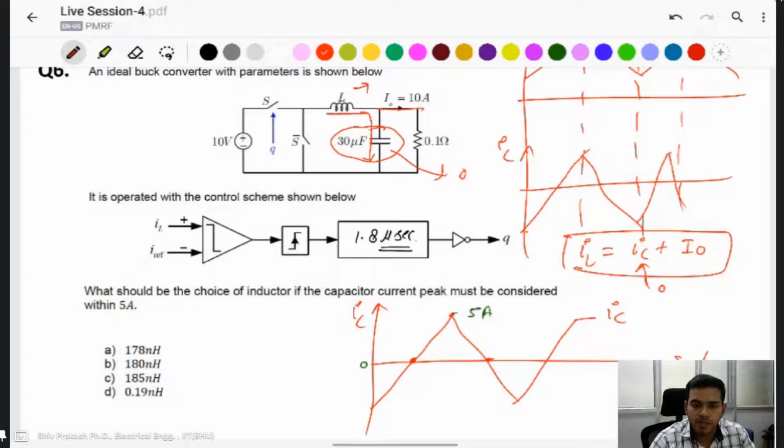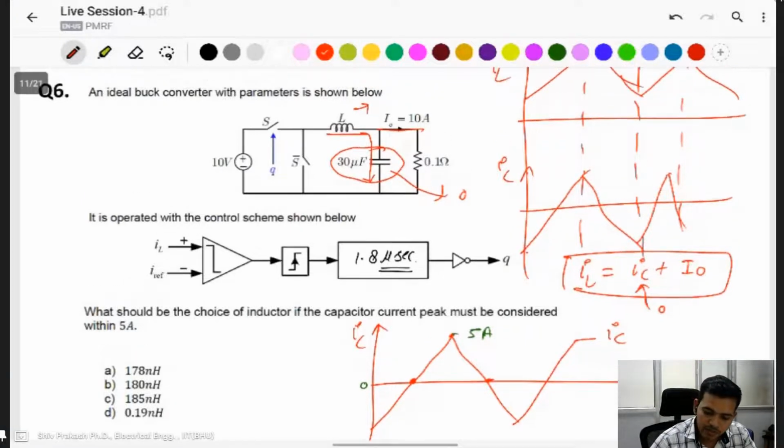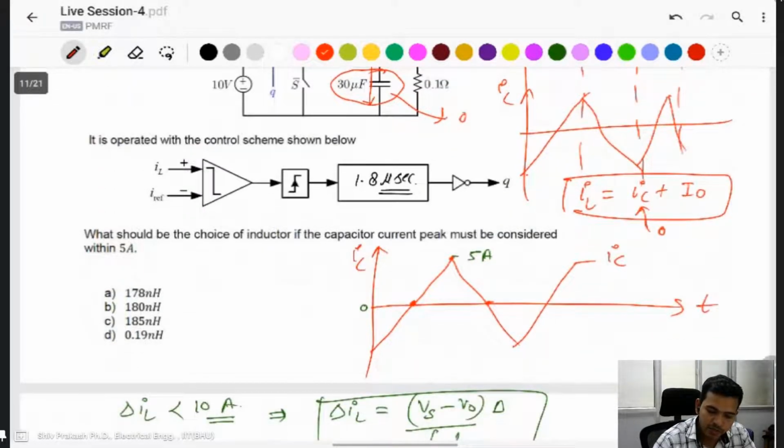Charge balance means how much we charge, that much energy is also discharged in the same time period, because the average of the inductor voltage and the average of the capacitor current are the same. That's why this one is 0. The ripple is the same flow through the